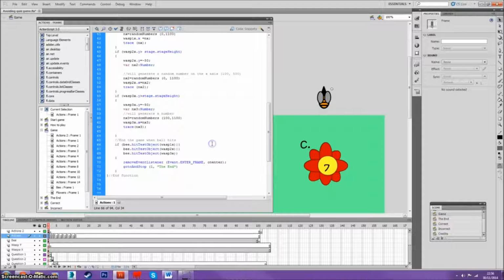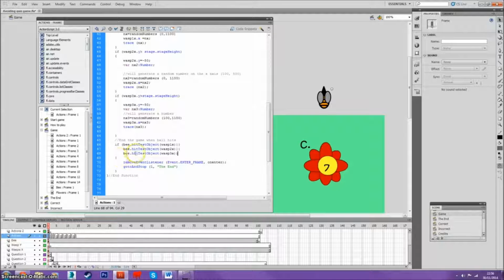This symbol here basically translates to OR in English. So if B interacts with number 1 or number 2 or number 3, then